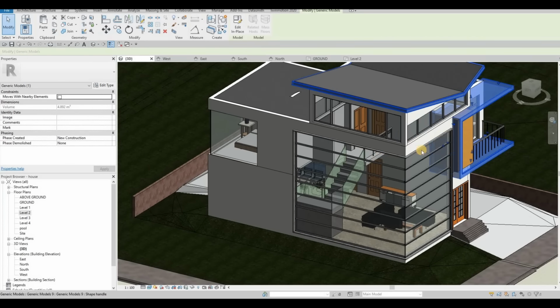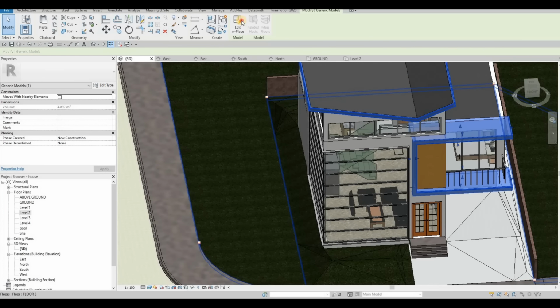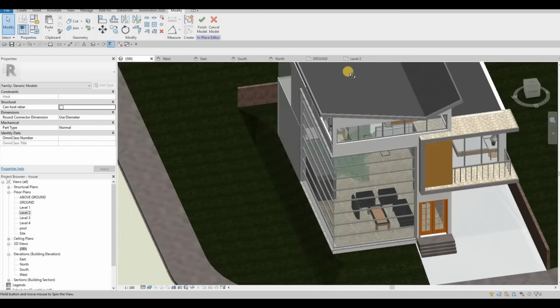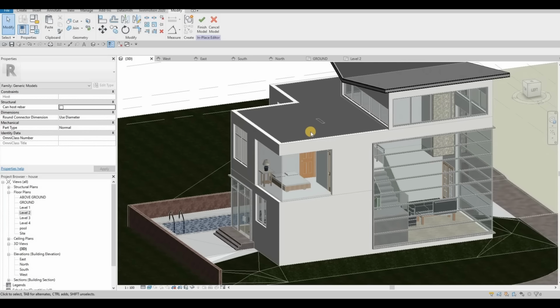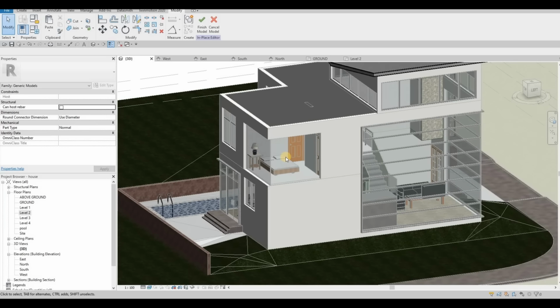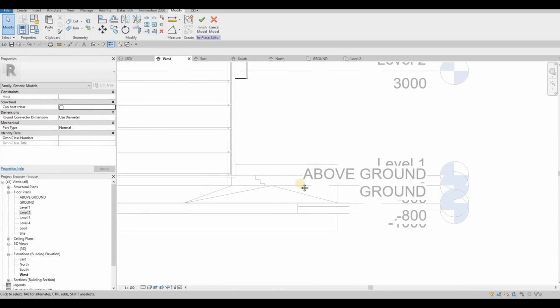And then we're going to add this part right here, edit in place, and I'm gonna put it on both sides. So I'm gonna put it on west side,